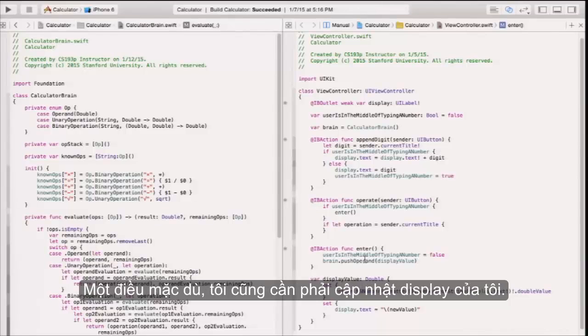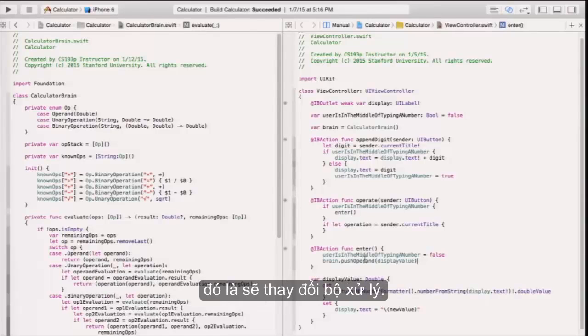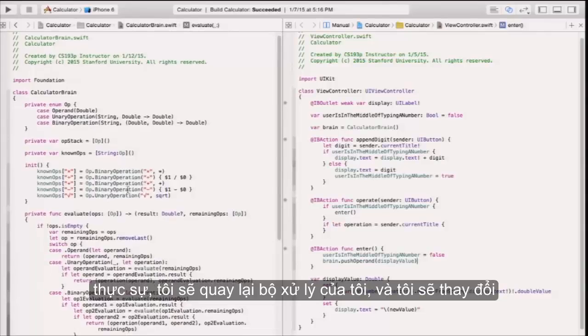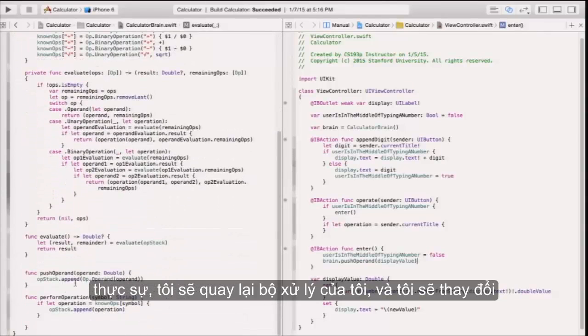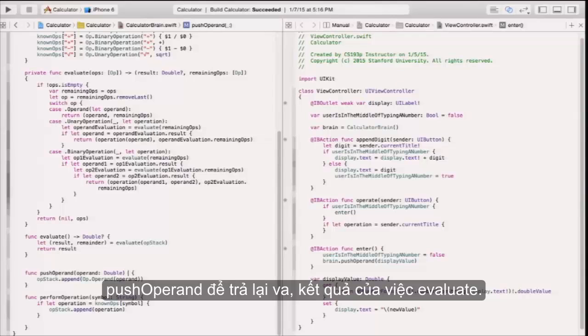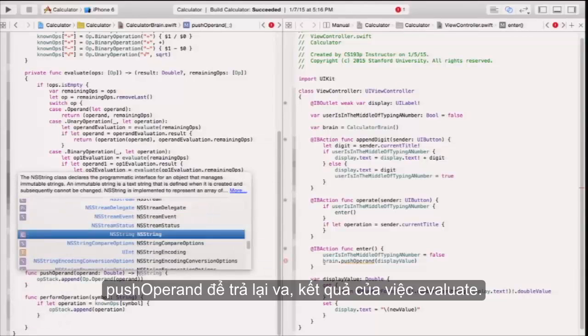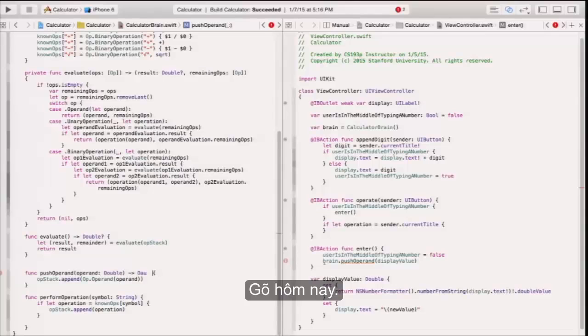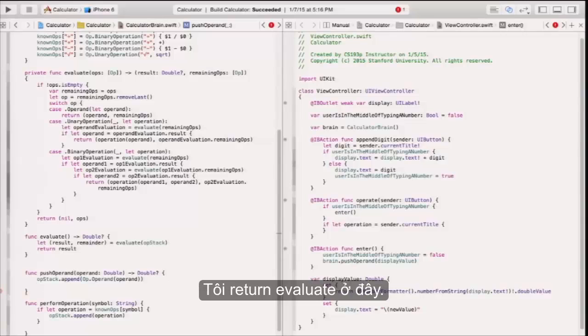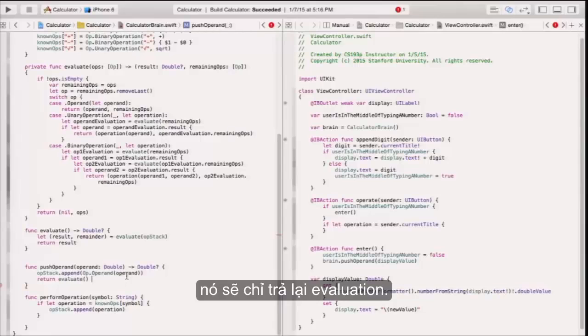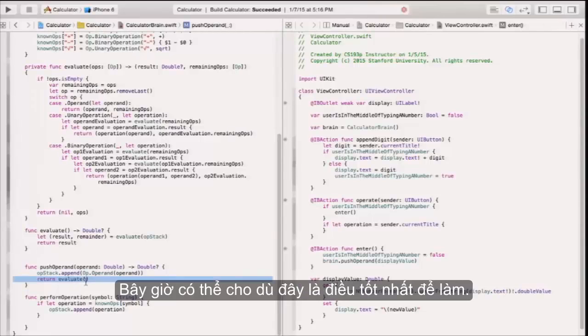One thing, though, is I also need to update my display. Because when I push this operand, that's going to change the brain. I need to call that evaluate, right? And get the value. So I could call evaluate here, but actually I'm going to go back to my brain, and I'm going to change pushOperand to return the result of evaluating. So I'm going to return evaluate here, so that every time you push an operand, it'll just return the evaluation. Now, one could argue whether this is the best thing to do,